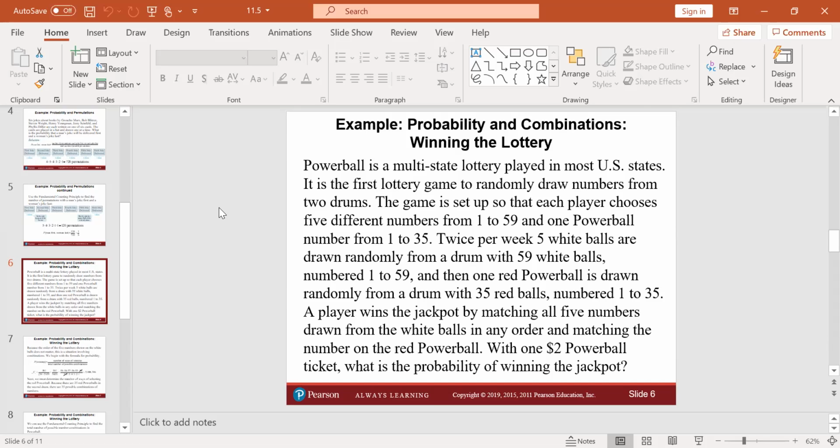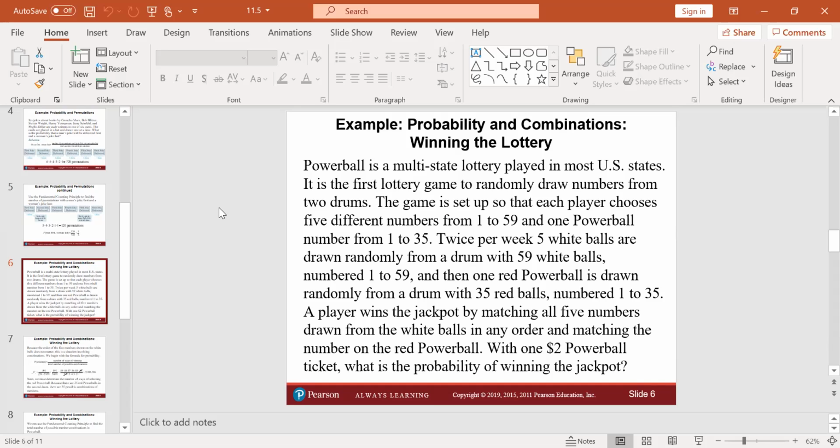Actually, I believe they may not allow you to use repeats. So you can't use the number 6 twice or something like that. So you pick your first 5 numbers, then you pick an extra number, the Powerball number, which is something between 1 and 35. So twice per week, 5 white balls are drawn randomly from a drum with 59 white balls, numbered 1